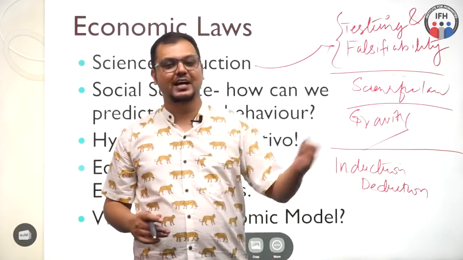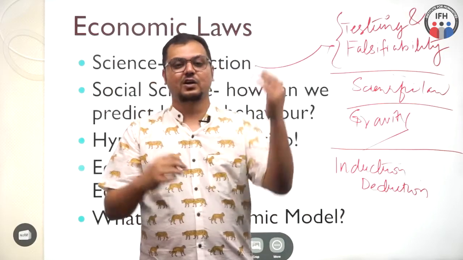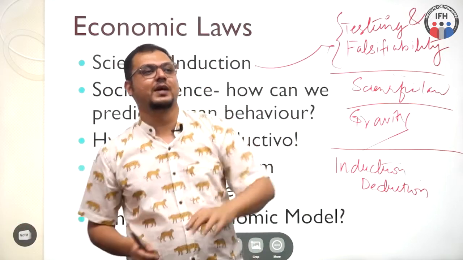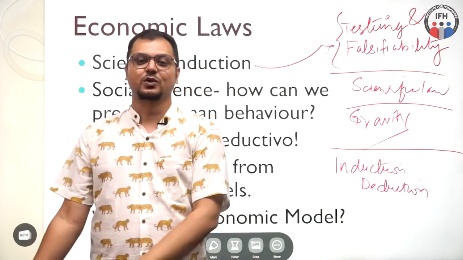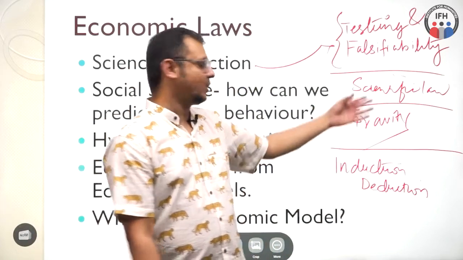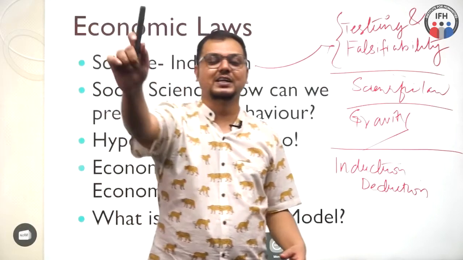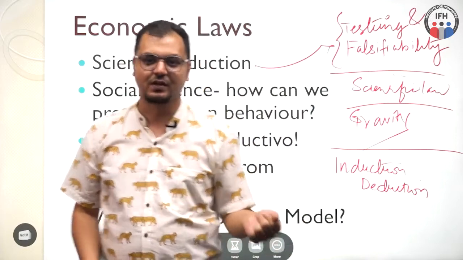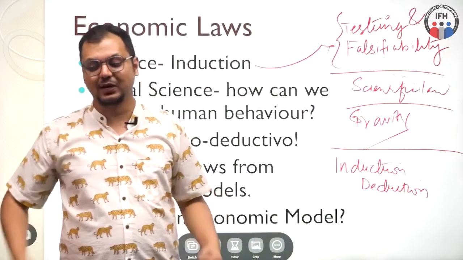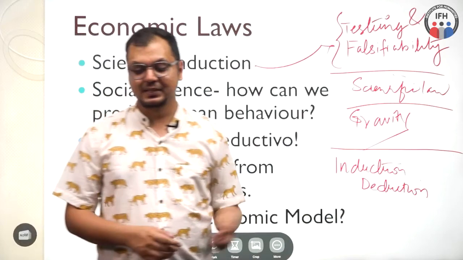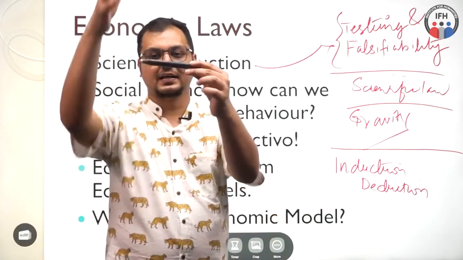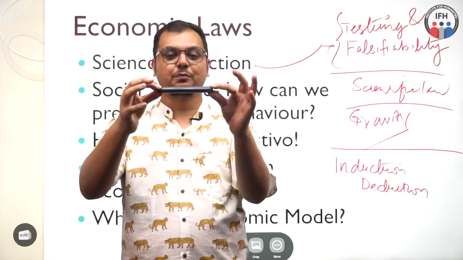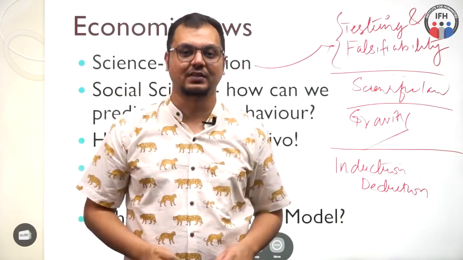Deduction is the opposite of that. When you have a general law and you're trying to solve for one particular case how something will happen and predict, you say, oh hey, because of that law I can deduce this is going to happen. Newton found it out for apples, but it's not just apples that gravity works for. Now you can deduce. If somebody tells you, hey, there is a pen over here, kept inside a little cylinder which goes all the way to the ground, and when I leave it the pen doesn't go down,